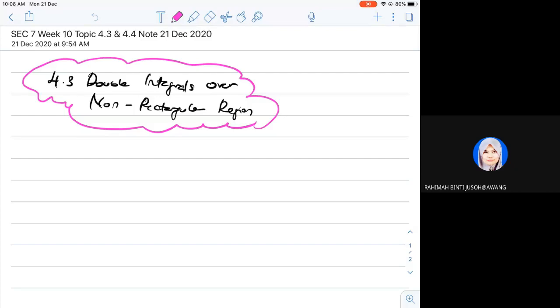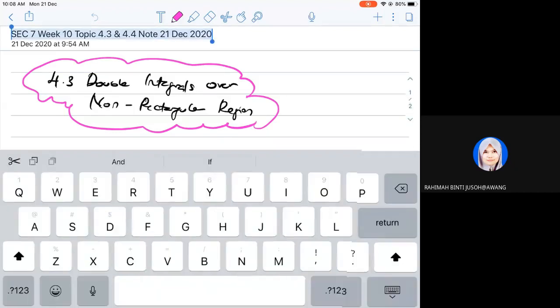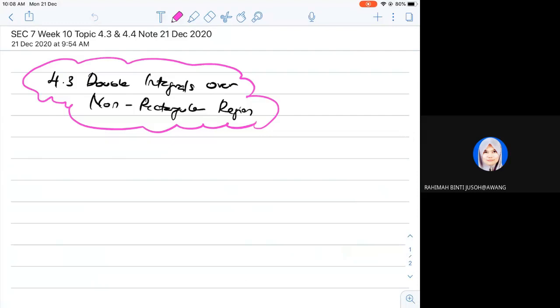Before this, in subtopic 4.2, we have rectangular region. Rectangular regions mean all the limits are... previously, in 4.2,